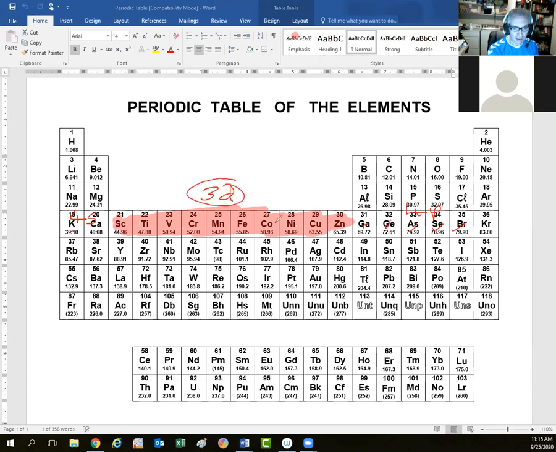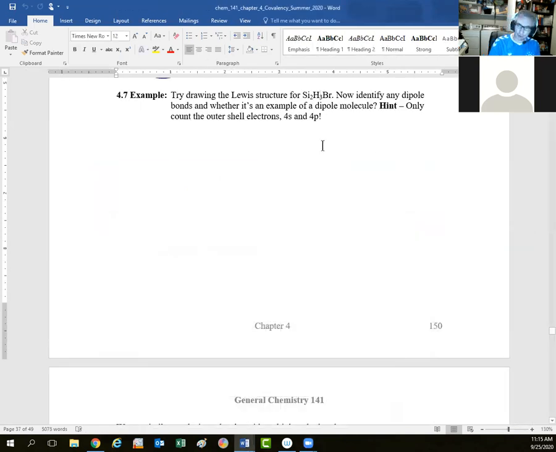So for valence electrons, the bromine has 1, 2, 3, 4, 5, 6, 7, and it needs 1 more to complete its shell like krypton. So we expect 1 chemical bond. The goal is still completing octets, just as we saw in ion chemistry, but they're sharing electrons to complete those octets. So for our molecule here,